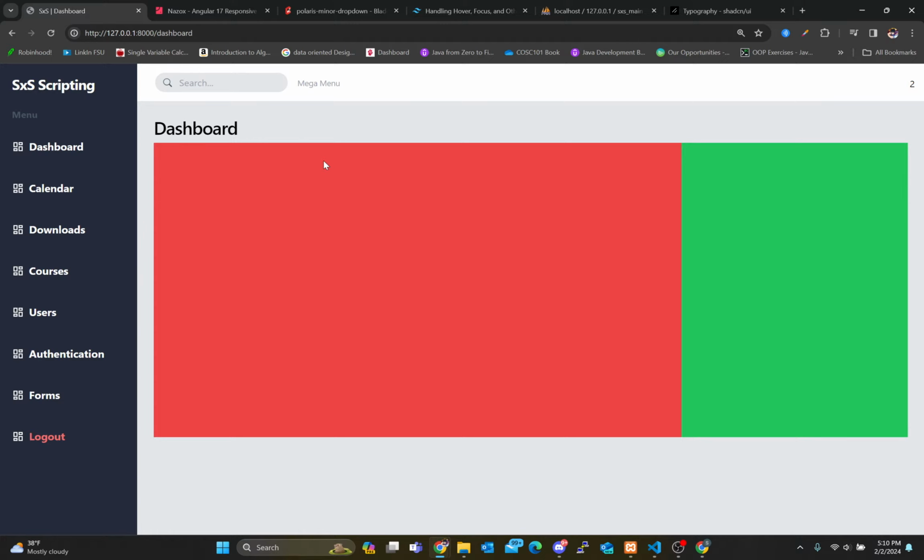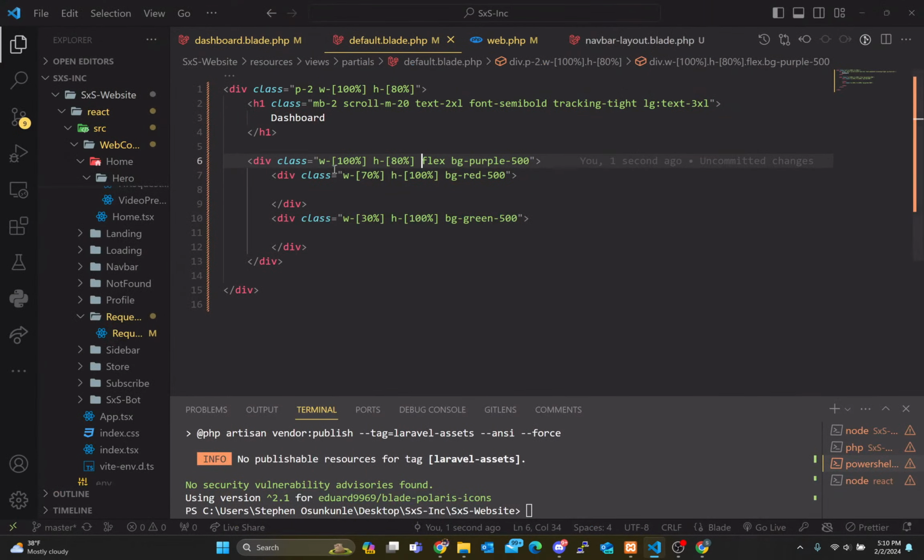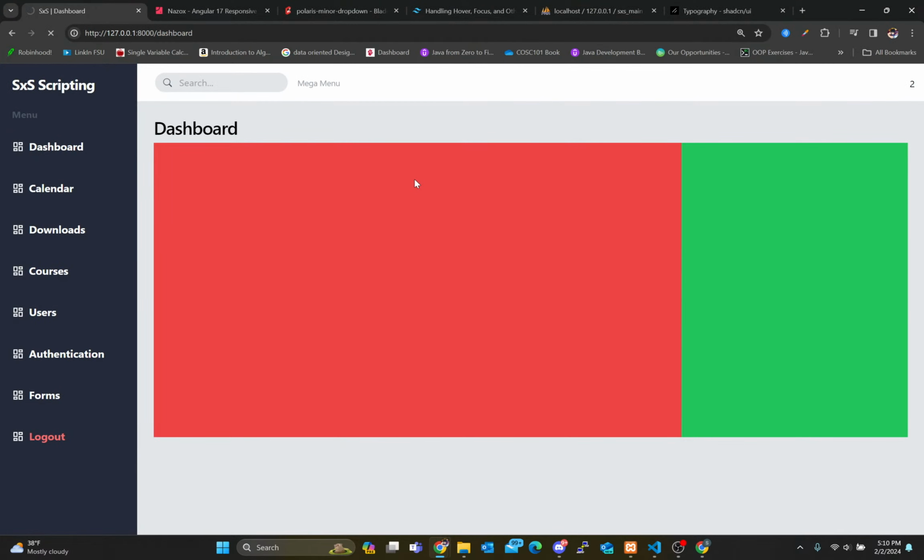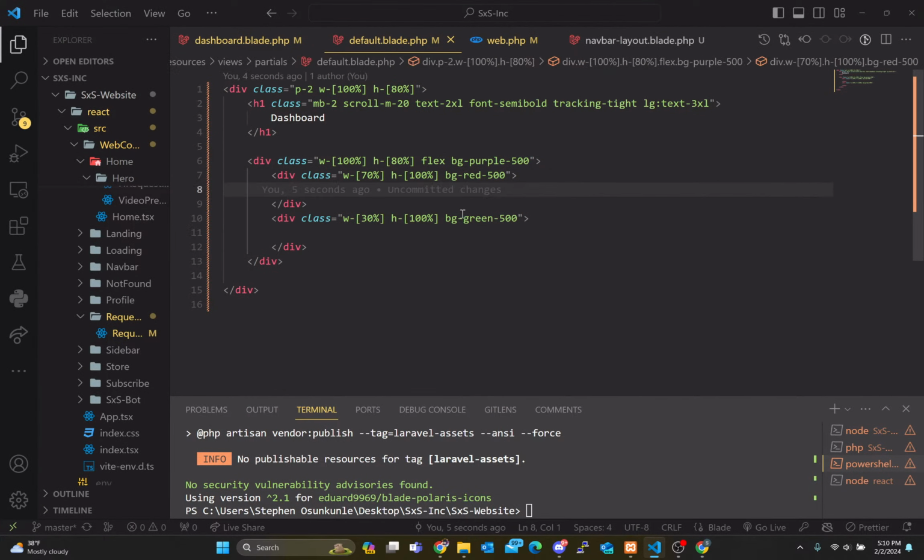Okay, then that puts it to work. I really don't need a gap. I know what's in. So this is gonna be the dashboard. I'm gonna put dashboard here because